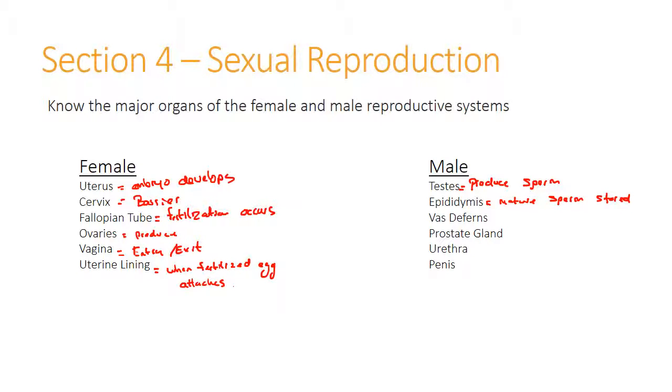And then we have the vas deferens. This is going to be the tube. It's really a long tube that goes past glands in order to make semen. And one of those glands is going to be the prostate gland. There's actually the Cowper's gland and the seminal vesicle. They all do kind of their own thing, but they overall help produce